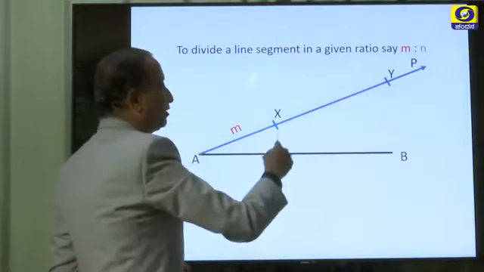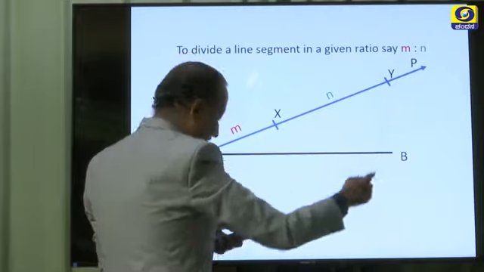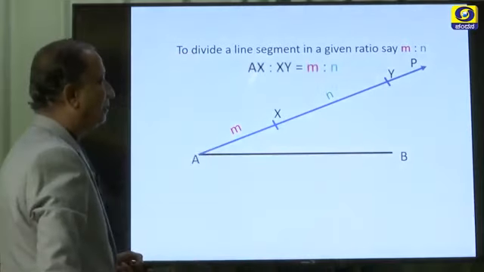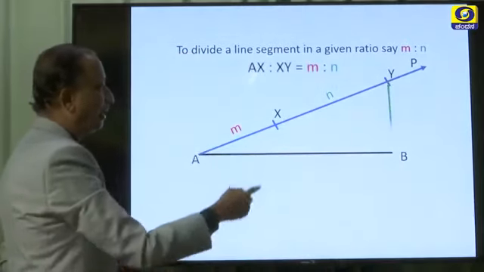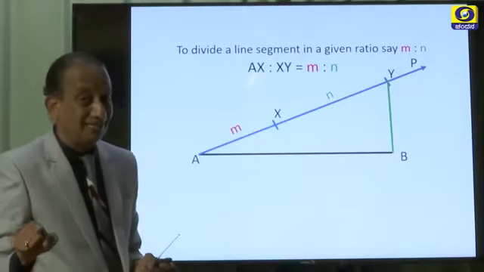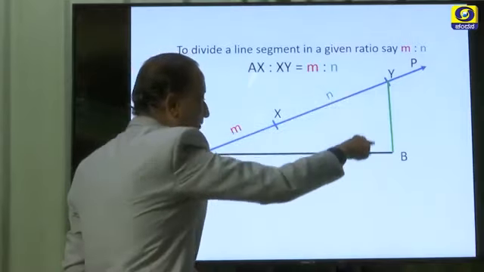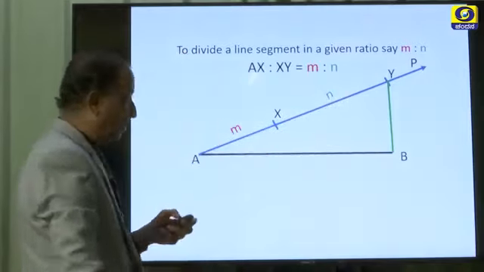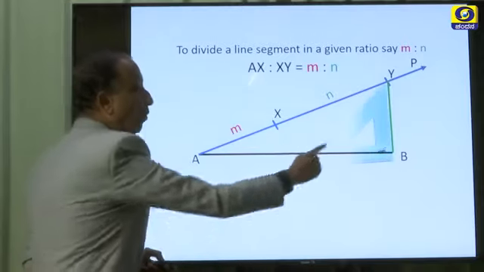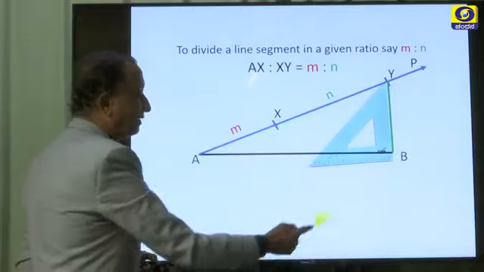Now this XY is n units. Okay, now join Y and B. Now with the help of the set squares, you have to draw a line parallel to this through this point X. So for this, hold one of these set squares like this, bring the other one and take the support from below here,